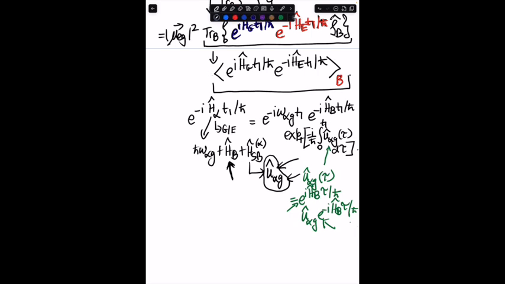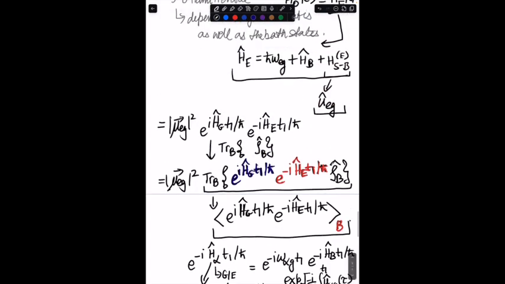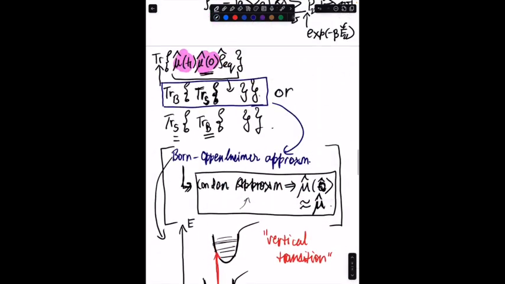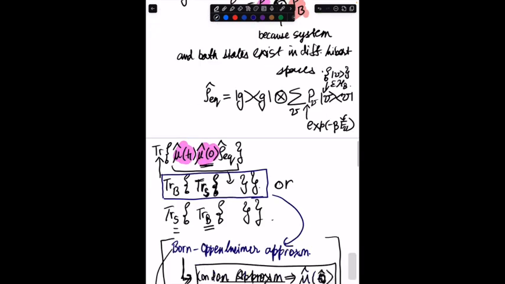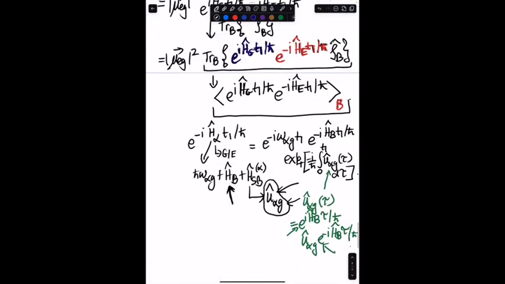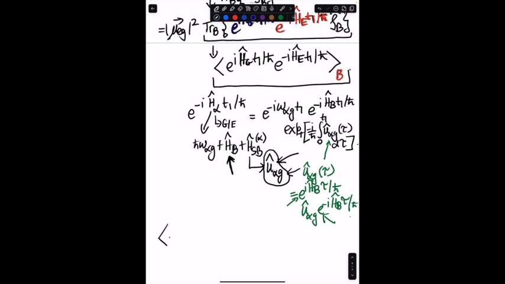And again, there is no system path coupling for this term. As I mentioned previously, the ground state Hamiltonian does not have any system path coupling term. So it only has this common path Hamiltonian term. So what you get is e raised to the power i H_b d1 upon h bar, which comes from here. And then from here you get